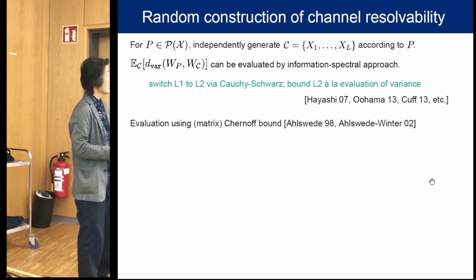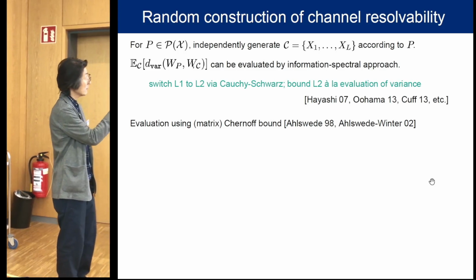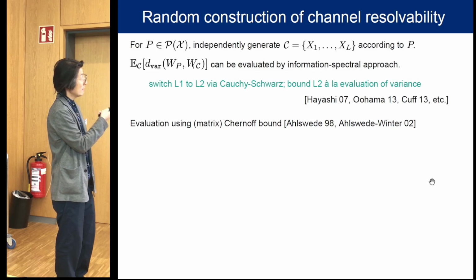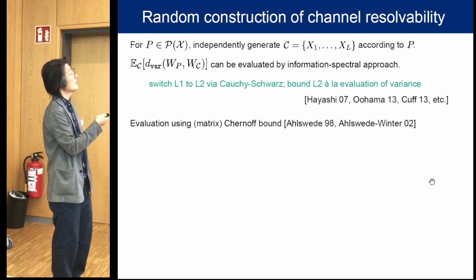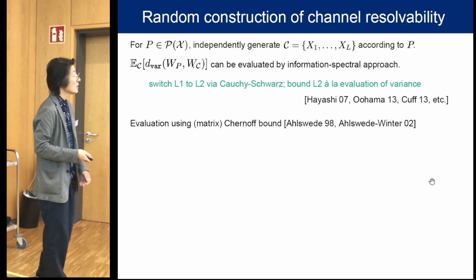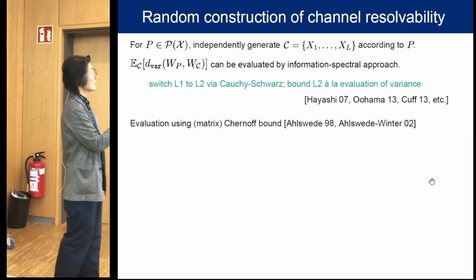For instance, one way is to evaluate ensemble average of approximation error by using information spectrum approach.